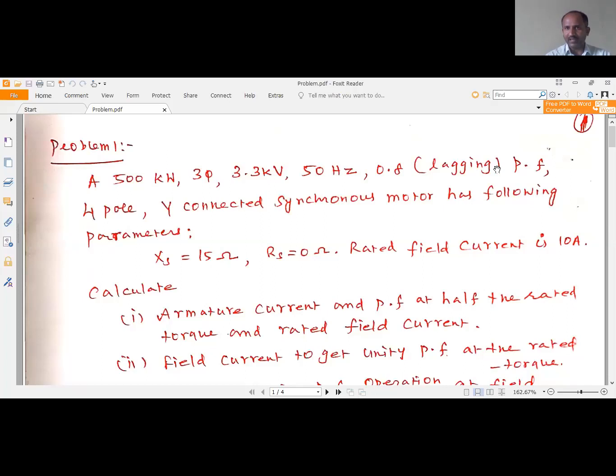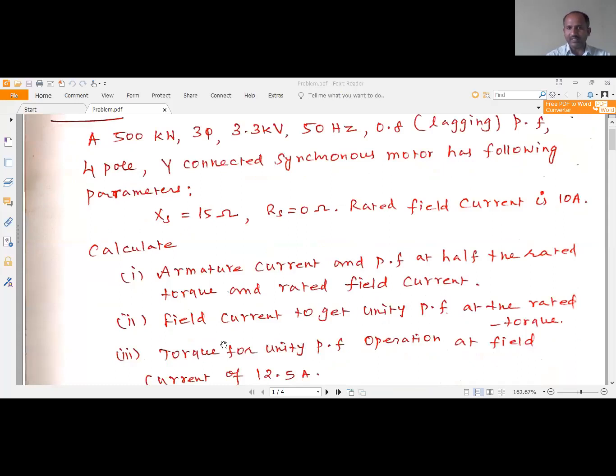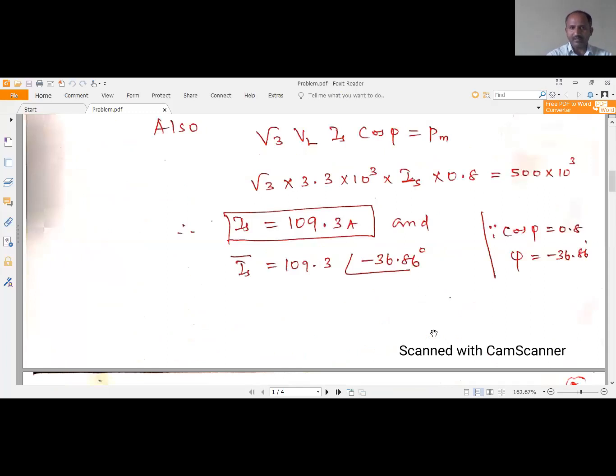We have discussed that, and the second one is: find the value of field current to get the unity power factor at rated torque. The second point is field current. Find the value of field current to get the unity power factor at rated torque. And the first one is over, and the second part is